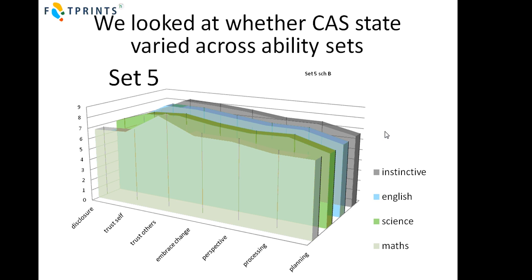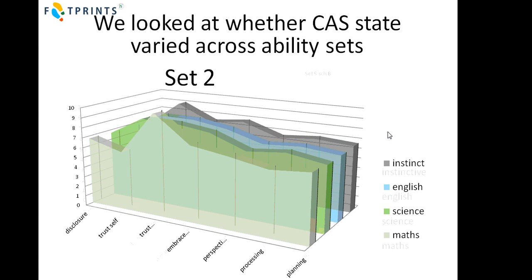Let's roll on and have a look at set 2, so one of the better, more high-performing academic sets, and suddenly we're seeing something quite different going on here, and we're seeing pattern. At the back there we've got a peak of trust of self in the instinctive scores, so the set 2 children have a mean higher trust of self score at the back there, about 8.5. But in their lessons across, specifically in maths, less so in science and English, that hasn't really changed very much, but in maths that trust of self drops quite significantly. But the trust of others goes shooting right up.